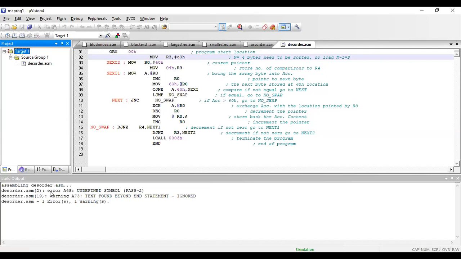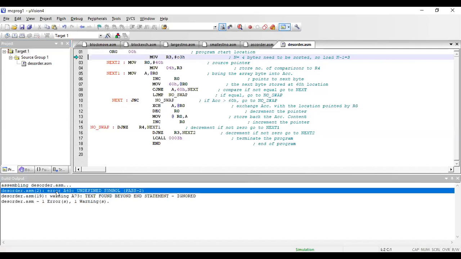So how to find where the error is in these lines, right? I have almost 18 lines. How to find out the error? Where exactly is the error? There is a line in the debug panel down here. See, we have an error, right? Double click on that error. It will show the line where you have an error.